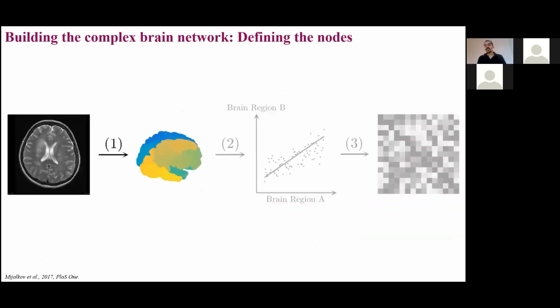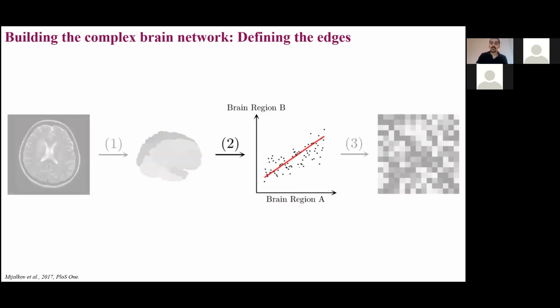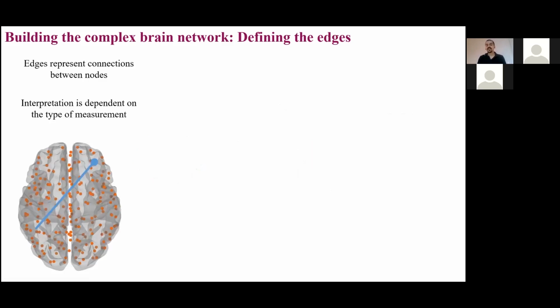After we have defined the nodes of the brain, the next step is to define the edges. And here is where it gets a bit more tricky, because depending on the type of measurement, you have different ways to build these edges, and different ways to interpret the network and what it means. So the very simple thing that we are trying to ask is how strong is this connection shown in the